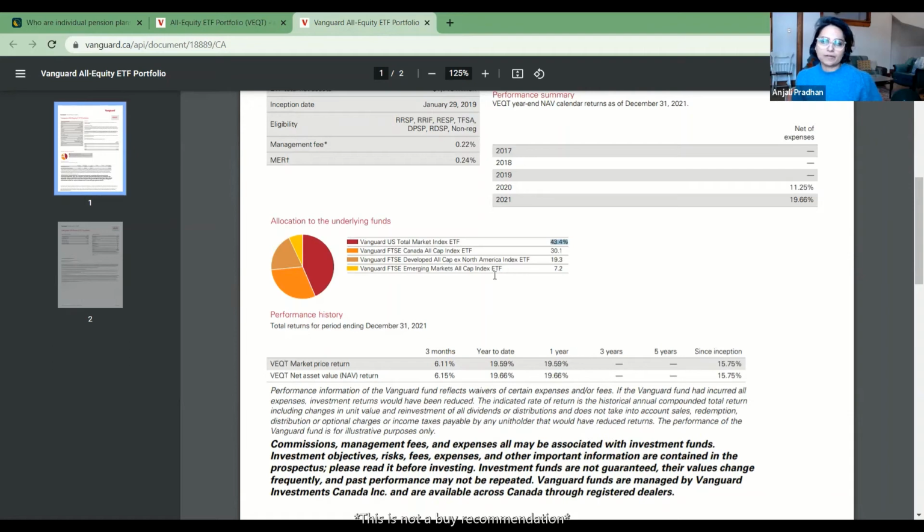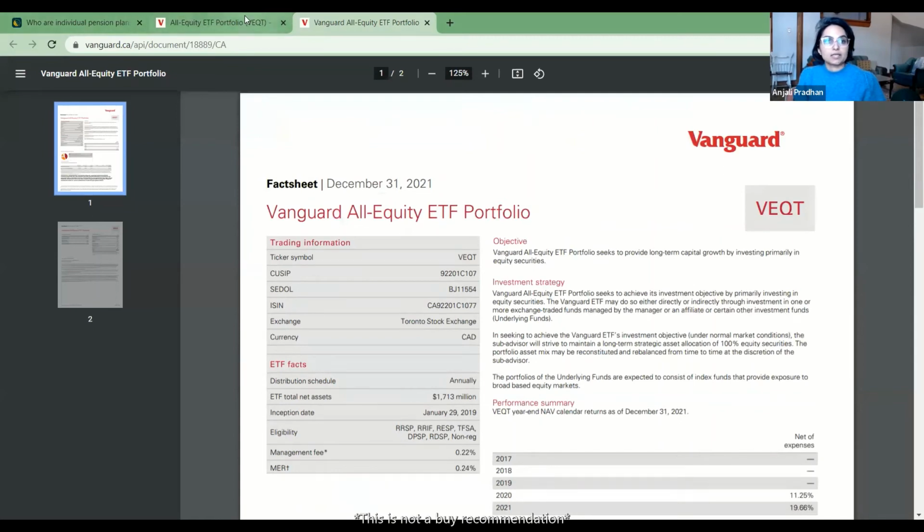I don't know what their bands are, but I suspect they keep it somewhere around 40% in the US and around 30% in Canada. And these numbers will always be fluctuating, based on the stock market fluctuations. But if it goes beyond a certain limit, they will rebalance and keep it in check for you. So then all you need to do is keep your bond and equity allocation rebalanced, because you still need to add bonds to this.